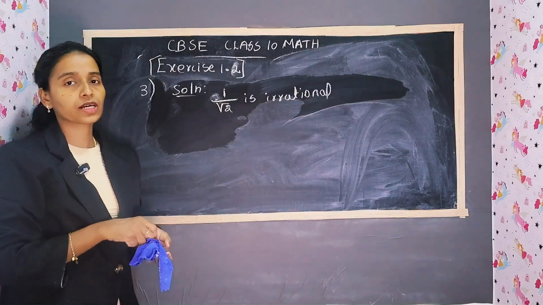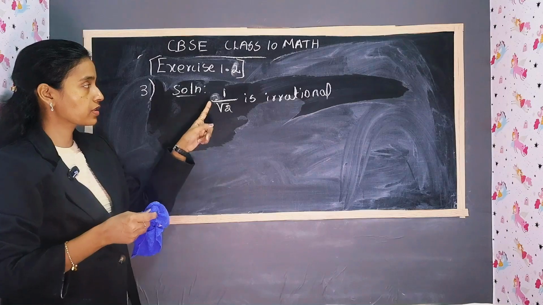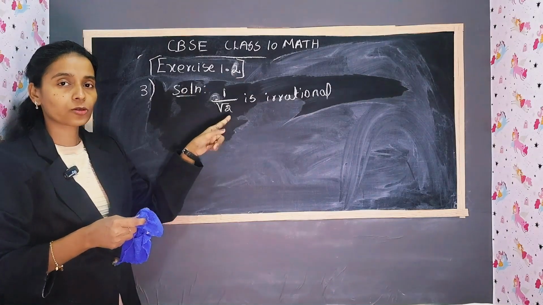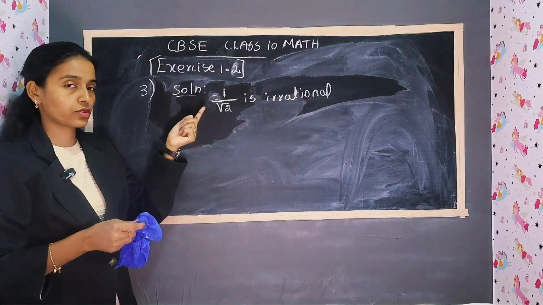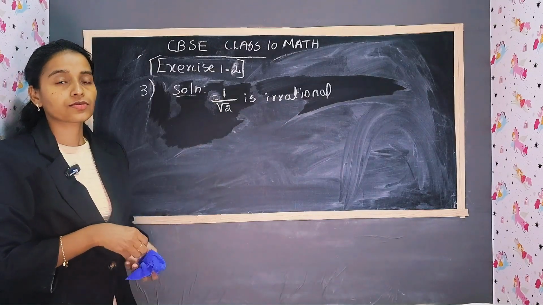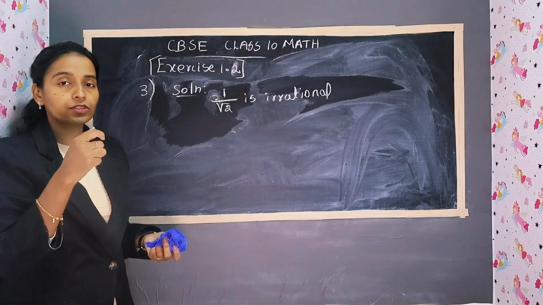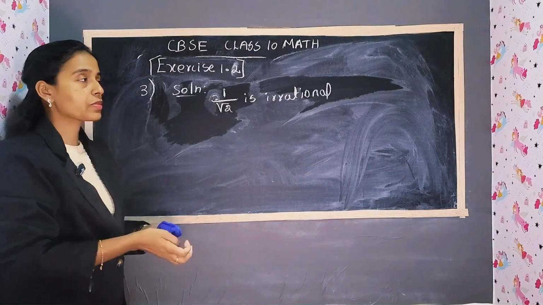For the solution, we have to write the given. What is given? 1 by square root of 2 is given, right? We need to verify that 1 by square root of 2 is irrational. For this solution, we should follow several steps. Step number one is